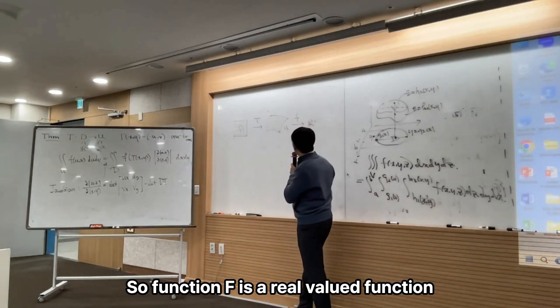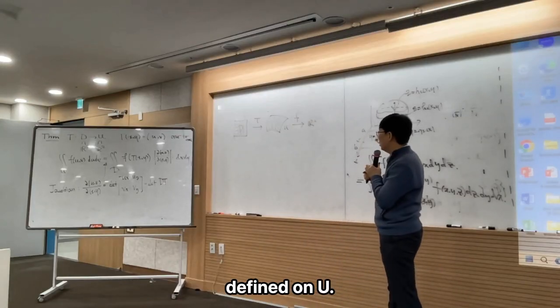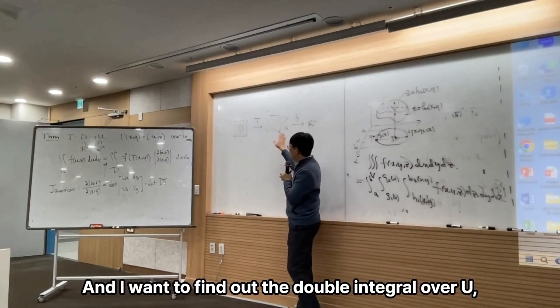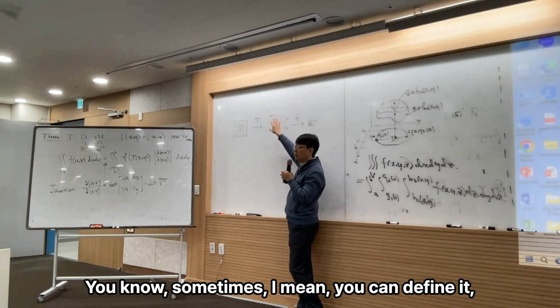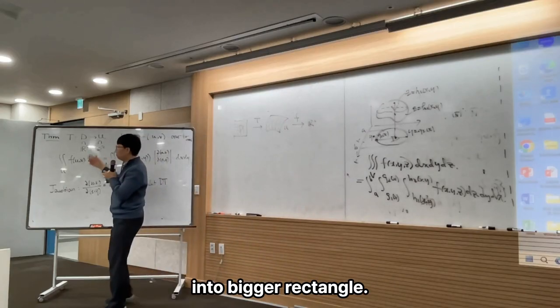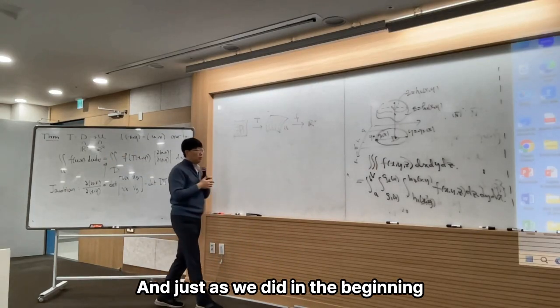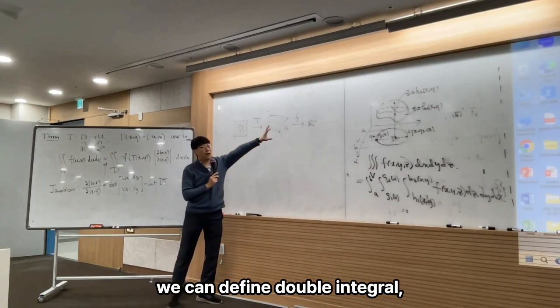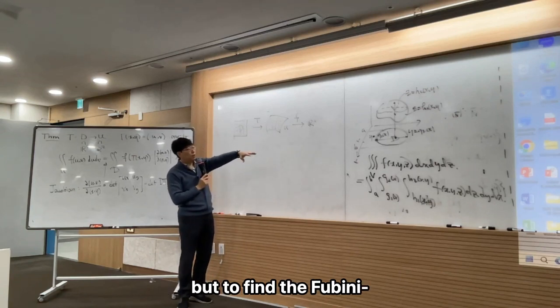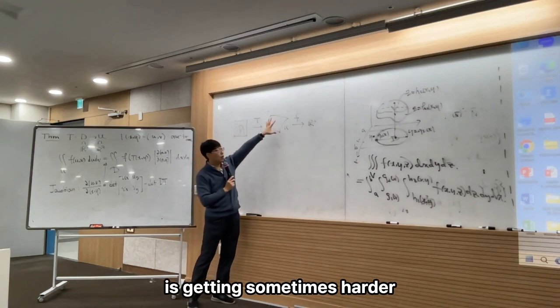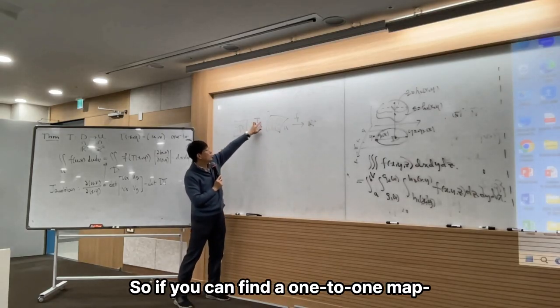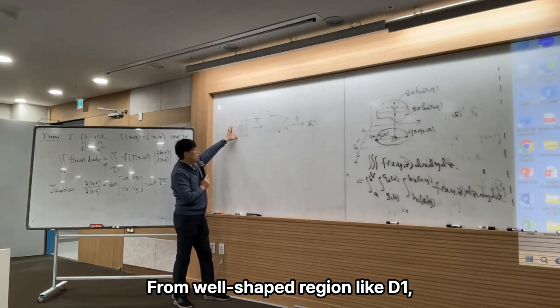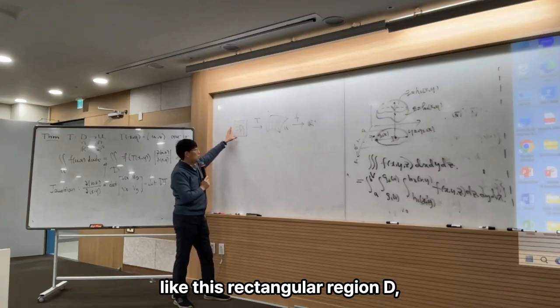So function f is a real valued function defined on U, and I want to find out the double integral over U. But it's really hard to make, sometimes. I mean, you can define it by putting U into a bigger rectangle, and just as we did in the beginning of our class, you can define the double integral, but to use the Fubini theorem is sometimes harder when the shape is irregular. So if you can find a one-to-one map from a well-shaped region like D, like this rectangular region D, which maps